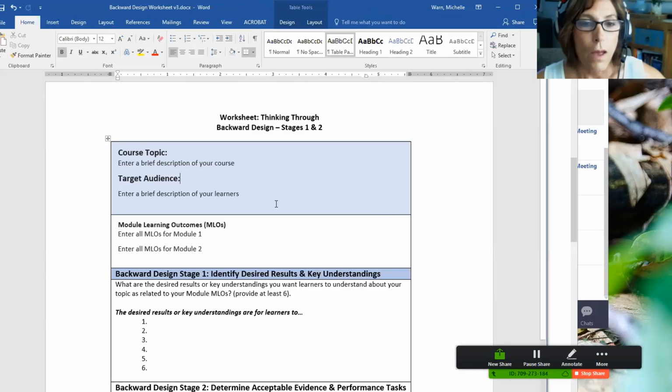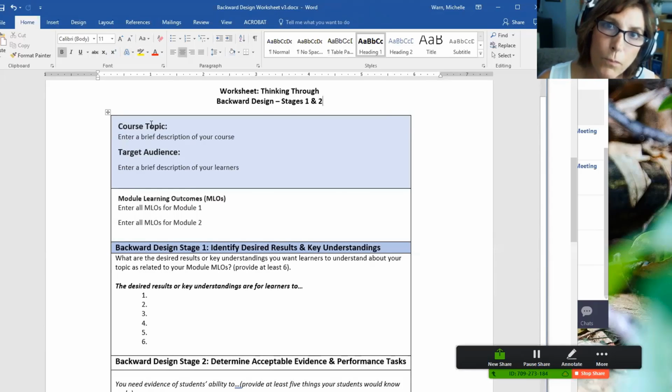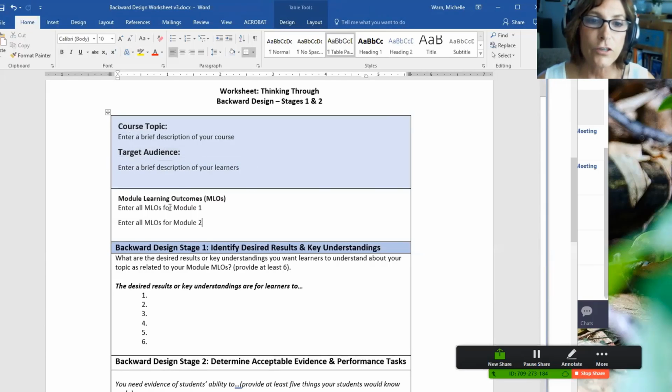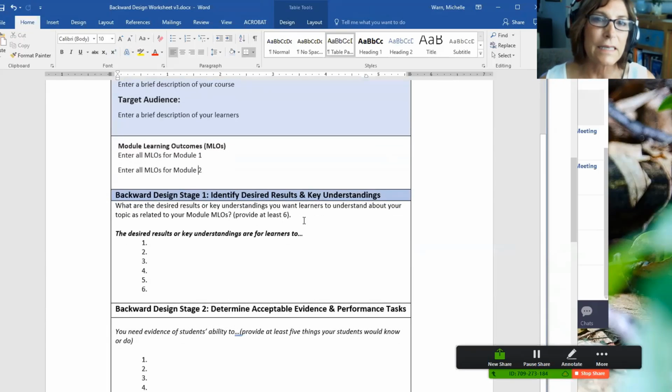As you think about this backward design worksheet, this is more about just developing your ideas for your online class. In this worksheet, you're going to put your topic and your target audience here. You already have all that, and you're going to put your module learning outcomes for module 1 and 2 here. So that part's done. What are some big ideas that I want them to be able to understand about my class